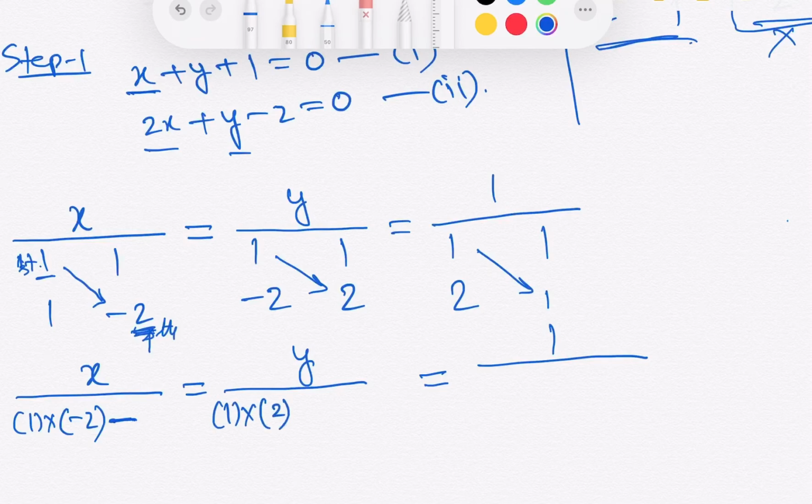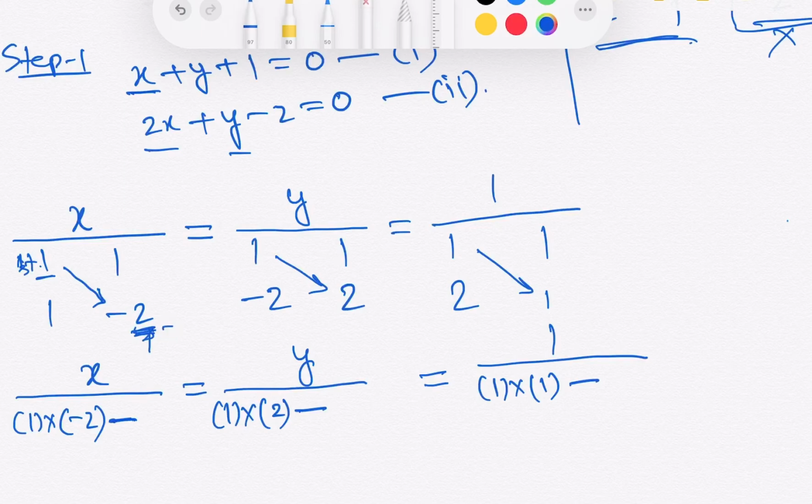First you write here 1 into 2. Then you write a negative sign. Then 1 into 1. Then you write a negative sign. So now first you perform the downward arrow operation, then the first corner to fourth corner, this operation you first do. This is the rule. Then you write the negative sign, then after that you perform the upward operation. Now this one is complete, the downward operation is complete.